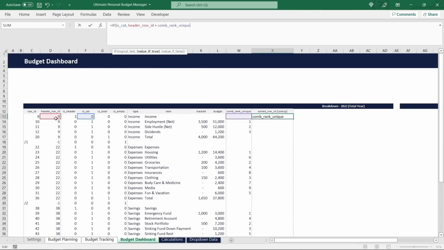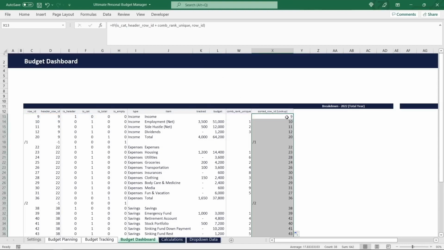Which will cover the exact same range of values as the original category row IDs in each section, but in a sorted order. And then for all the other non-category items, we simply pass through the row ID so that they stay at the exact same position. Adding this formula to all the cells in that column will give us these sorted row IDs,